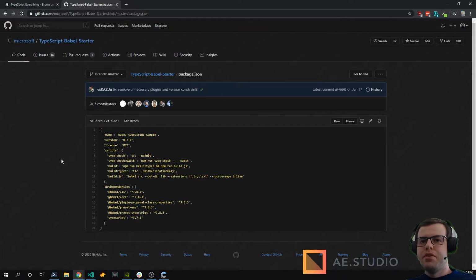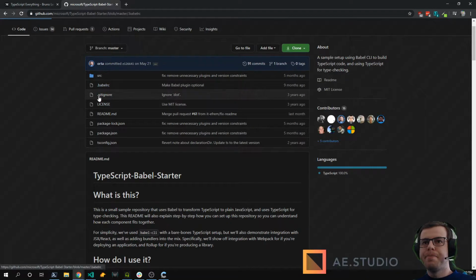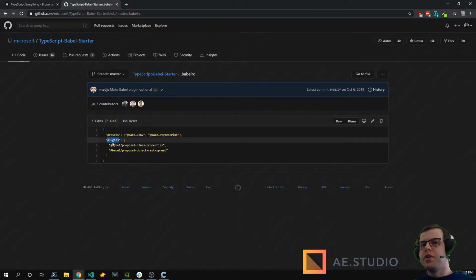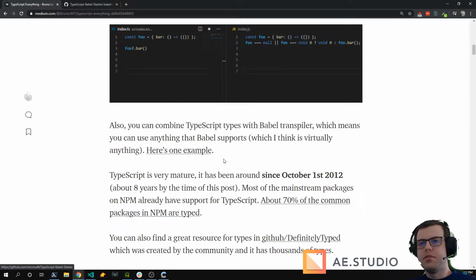You basically build in 2 steps. First, with TypeScript, you have to build types, which is this command, emit declaration only. And this is going to compile only the types for you. And then you can use Babel to compile the rest of TypeScript, and it's going to generate the actual code using whatever presets and plugins that you decide to use here. So you can use anything that exists, or you could even create your own. It's this powerful. You can do literally anything now.